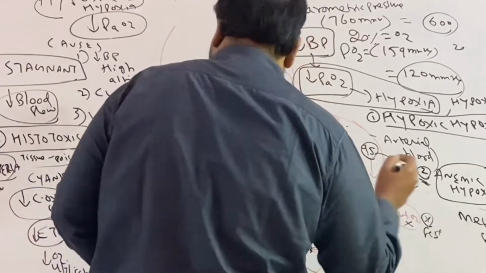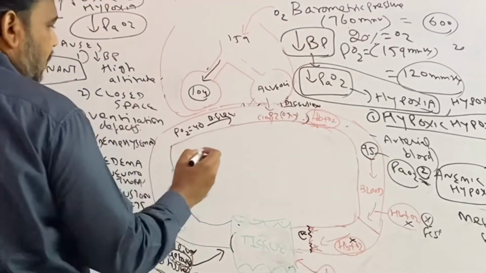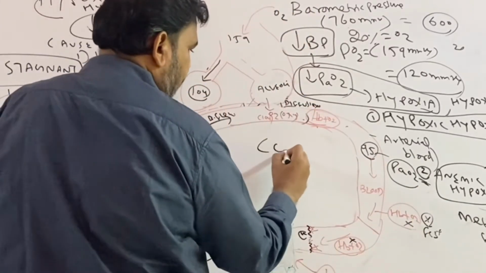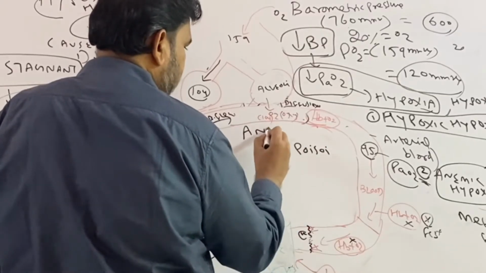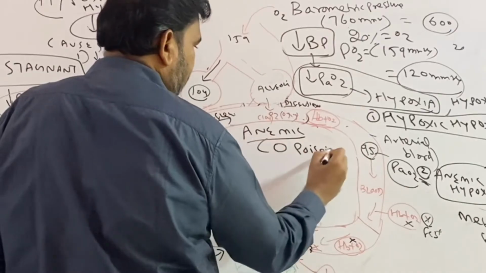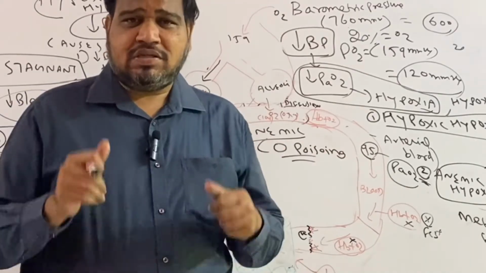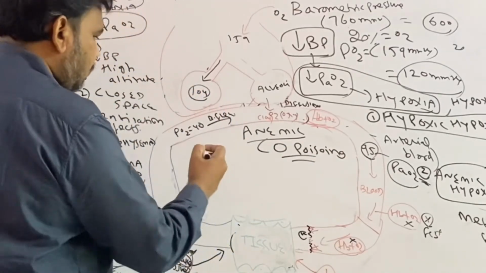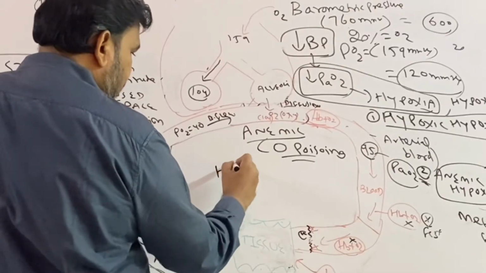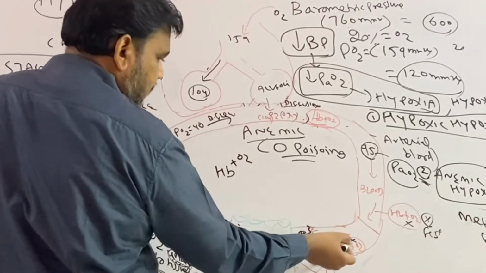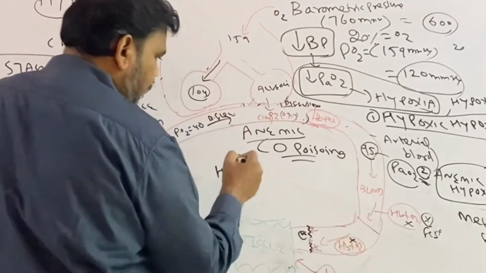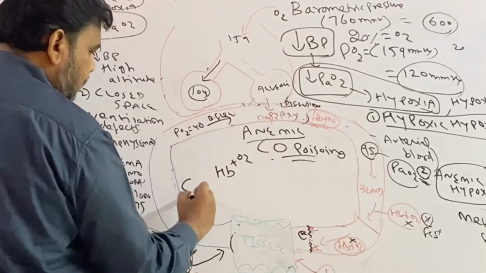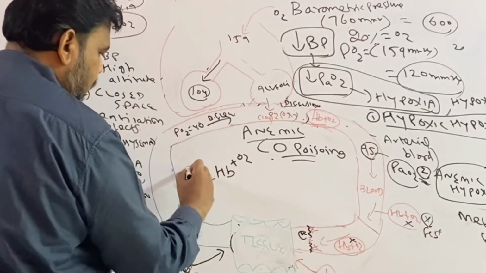Apart from that, there is one more condition of anemic hypoxia: carbon monoxide poisoning. How? Let us see in detail. What happens? Hemoglobin has to combine with oxygen. Here it is methemoglobin, but now let us come to carbon monoxide poisoning. What happens? Carbon monoxide is 200 times